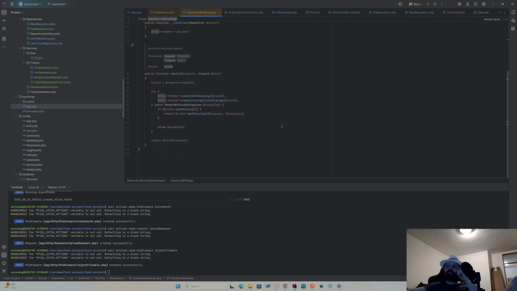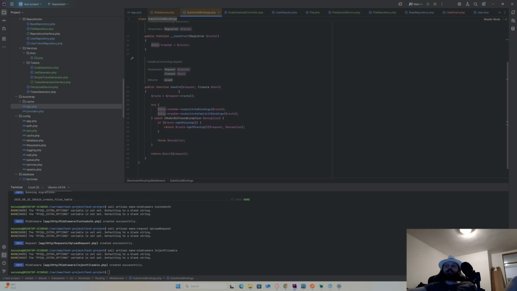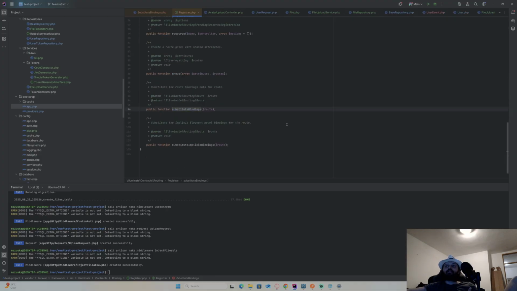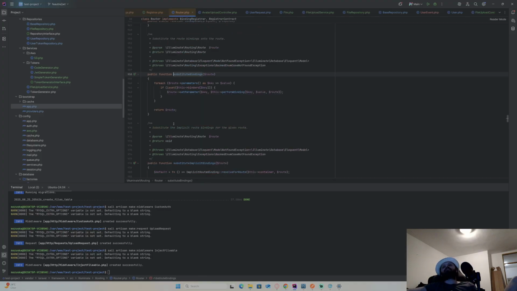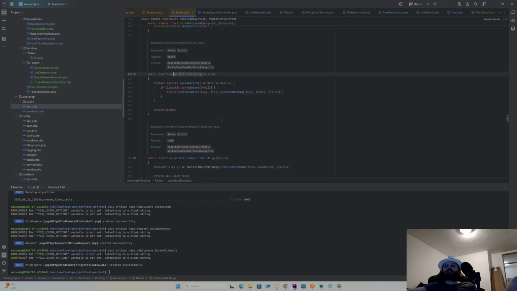How does it work? This to route is substitute bindings. So it goes to the router. Request to route. This to router injects the router. Route substitute bindings and route substitute implicit bindings. No, not interface. I mean, okay, but there's only one, right? Parameters gives a value. It sets this to bind the key.